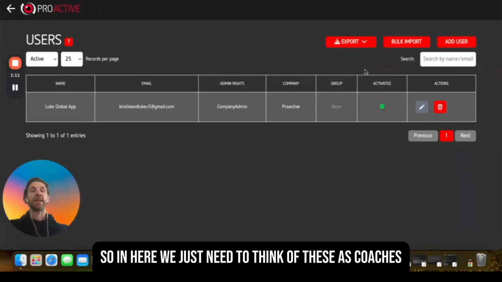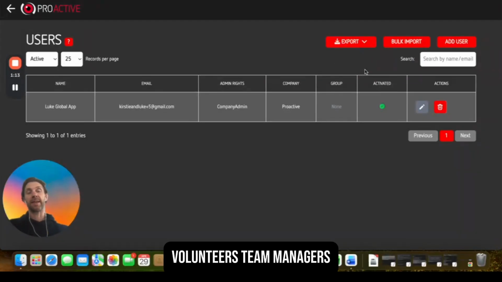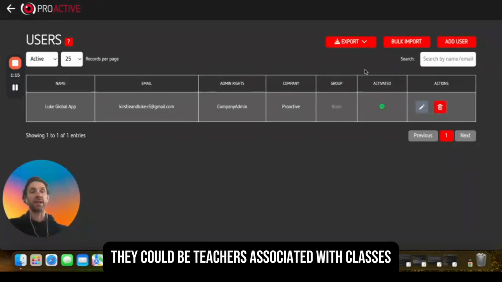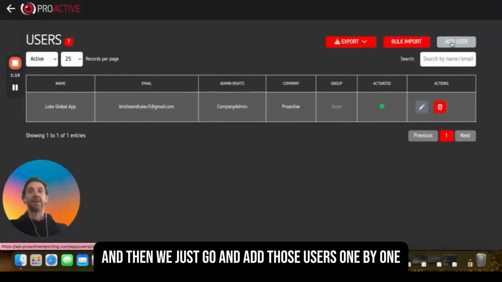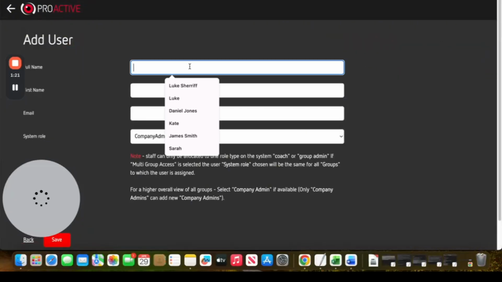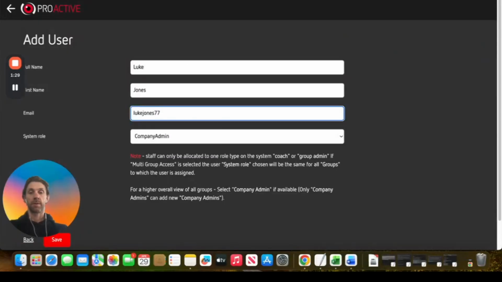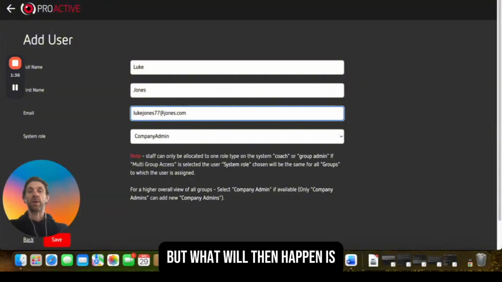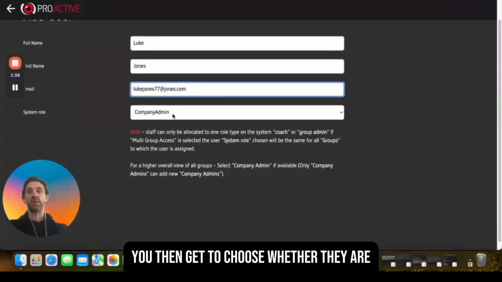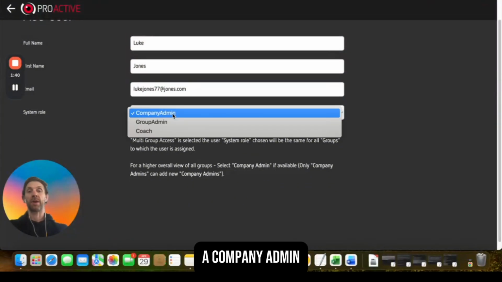So in here, we just need to think of these as coaches, volunteers, team managers. If it was a school, they could be teachers associated with classes. And then we just go and add those users one by one. Don't worry, these are made up emails. But what will then happen is you then get to choose whether they're a company admin, a group admin,